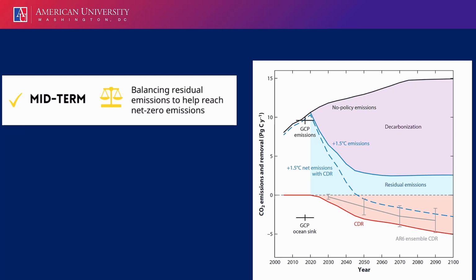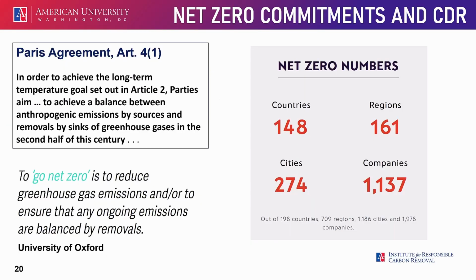And we want to reach that balance, so-called net zero, in the second half of the century under the terms of the Paris Agreement, right? You can see that in Article 4, right? Achieving a balance between emissions by sources and removal by sinks. And we have a large number of countries that have committed themselves to net zero, as well as a large number of cities and companies. This commitment to net zero and this acknowledgement of net zero reflects the fact that the global community likely